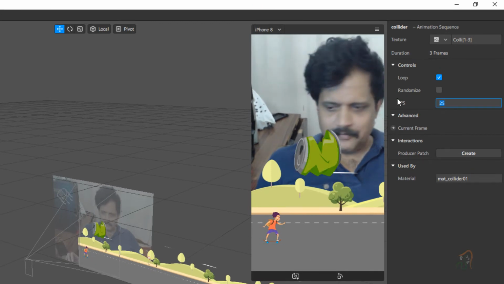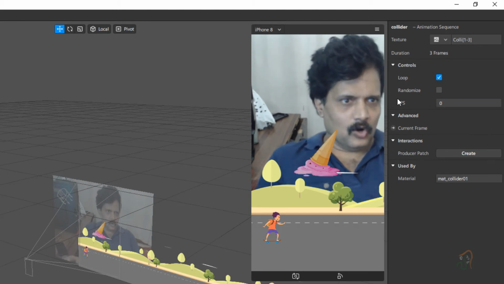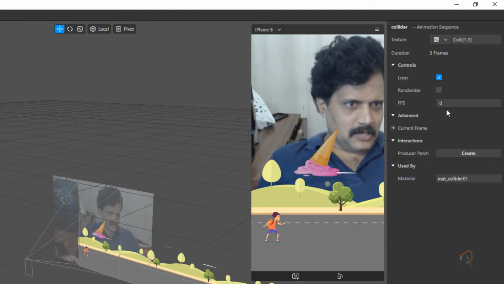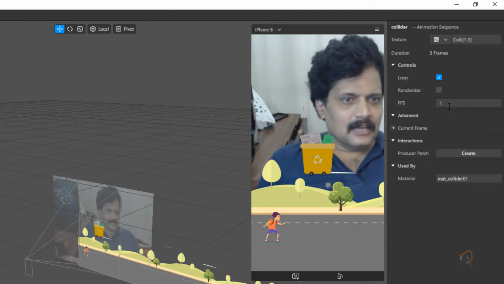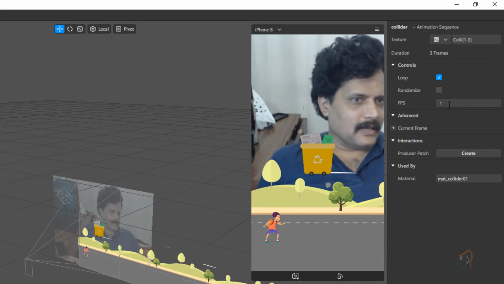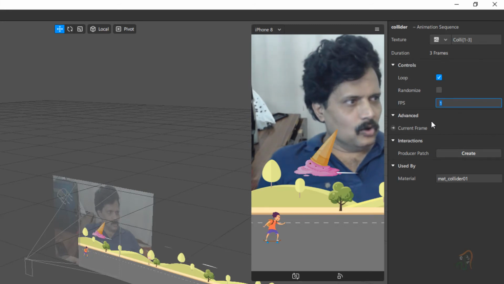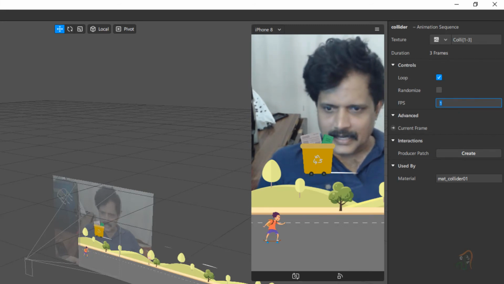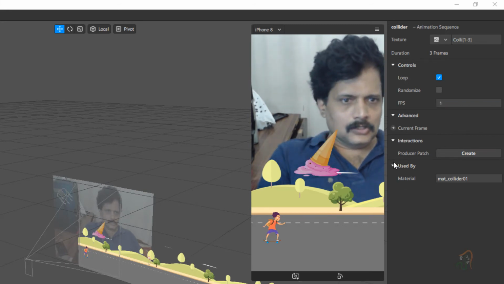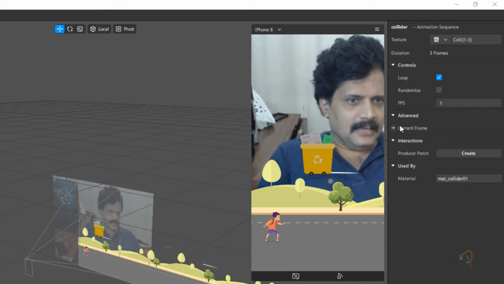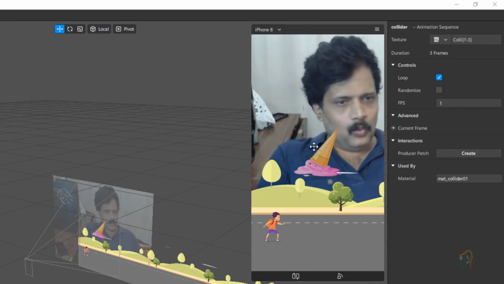If I set it to 0, you can see the first image is shown. If I set it to 1, it's moving. So I can also set it to 1 second. So here this is running at 1 frame per second. We shall see how we can control this using the script later.